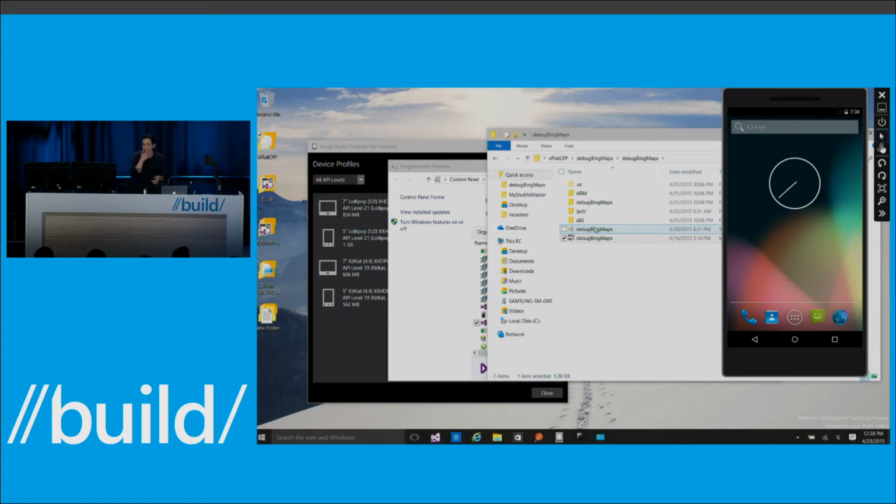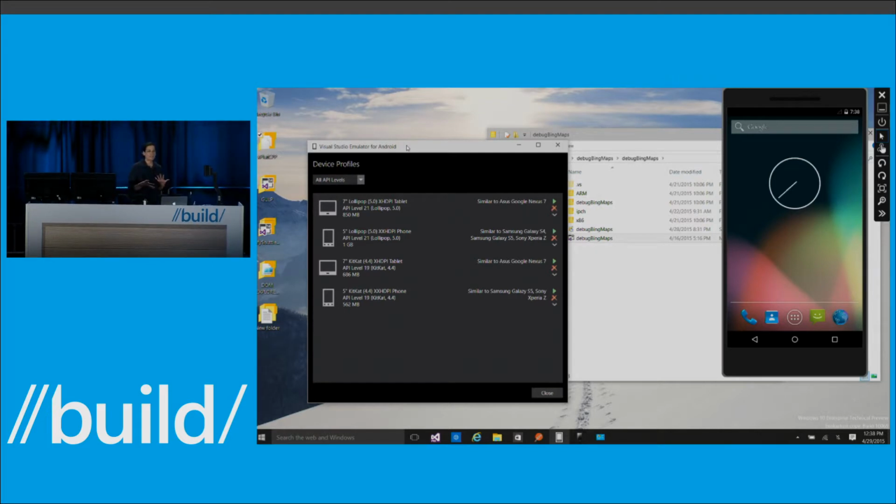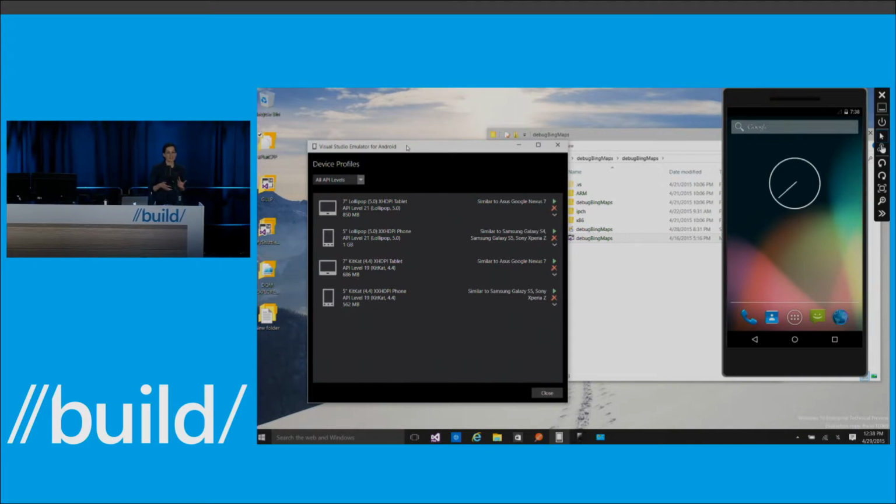So you can go ahead and just get this. Now, you could do all kinds of configurations. You can get whatever is the latest API. This runs on Hyper-V, so it actually is complementary to the Windows Phone emulator. It used to be that you had to do a complete reboot and reset your BIOS so that you were using the other virtualization technologies. Now this works kind of directly in your app.